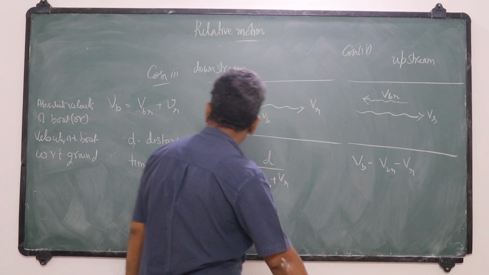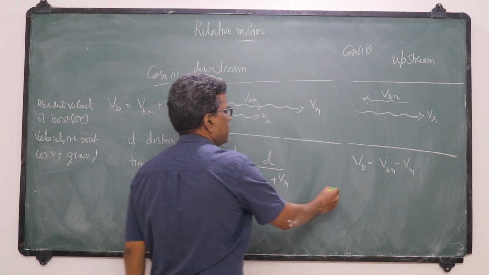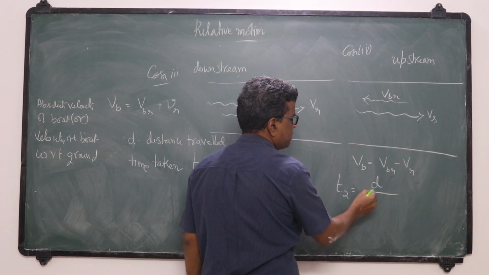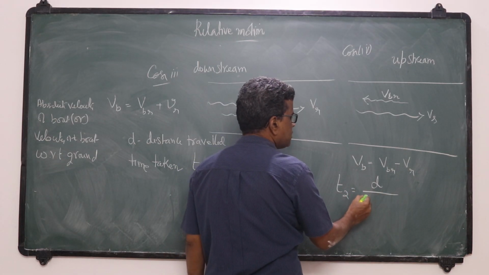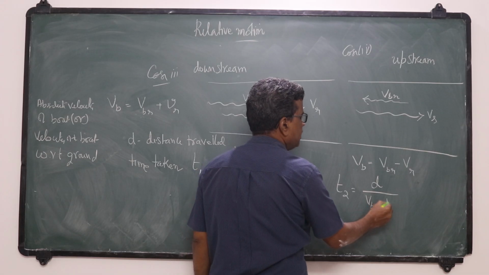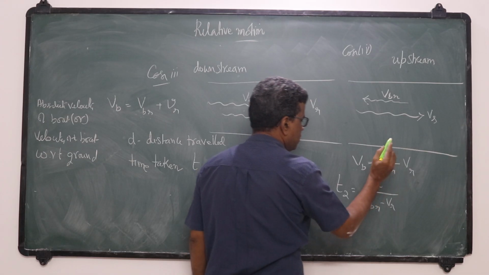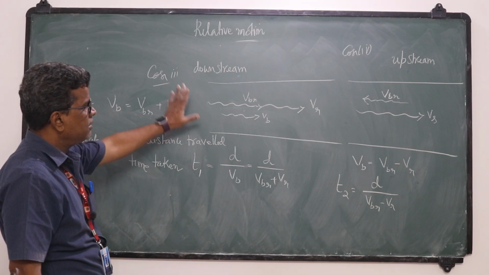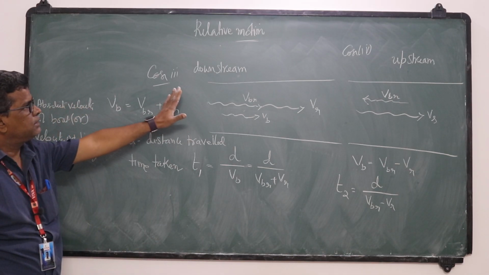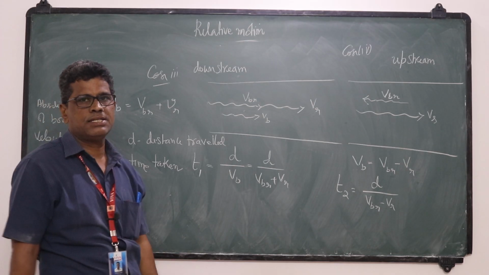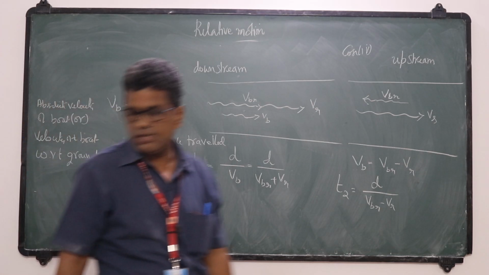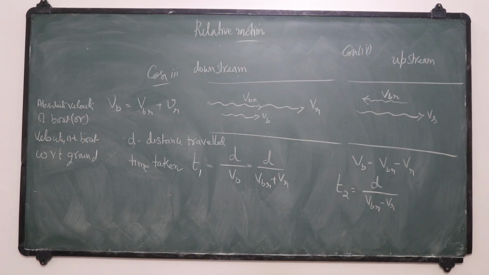Okay. Now I want the time taken to cross the river in the downstream. So the time to travel the same distance d is d over VBR minus VR. Okay? This is the formula for the downstream process. Clear? These are the possible cases in the river boat problems. Clear? So we will do one problem based on this.